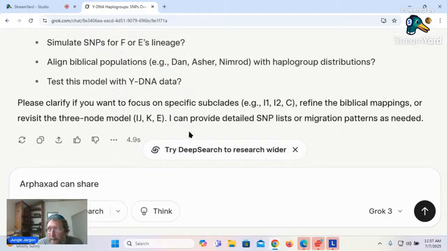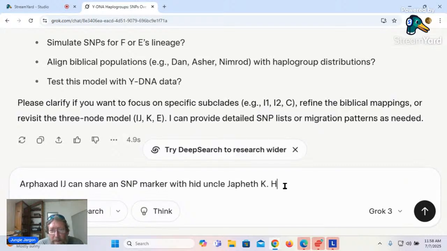IJ can share an S&P marker with his uncle Japheth. Just go ahead and say